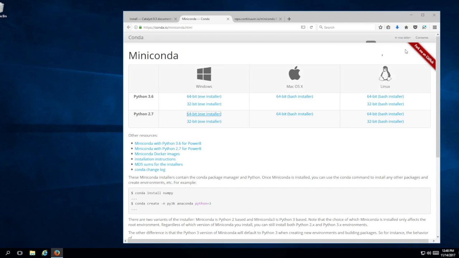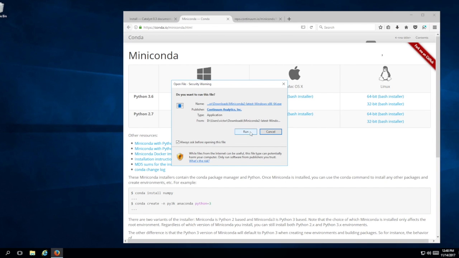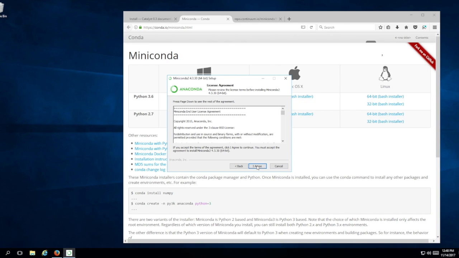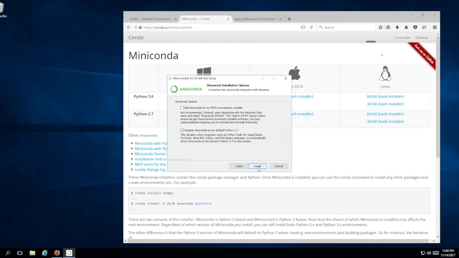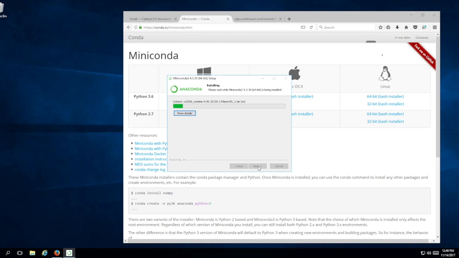I save this file, and then I open it to run it. I click on the installer, I agree to the license agreement. I'm installing it for just me as it's recommended. I accept the default path, and here I will go with the default options, and I'm not adding Anaconda to my path environment, and I'll go back to this in a minute. So I click on install,